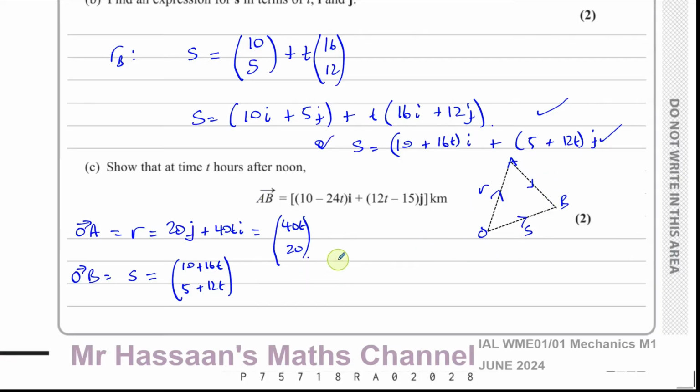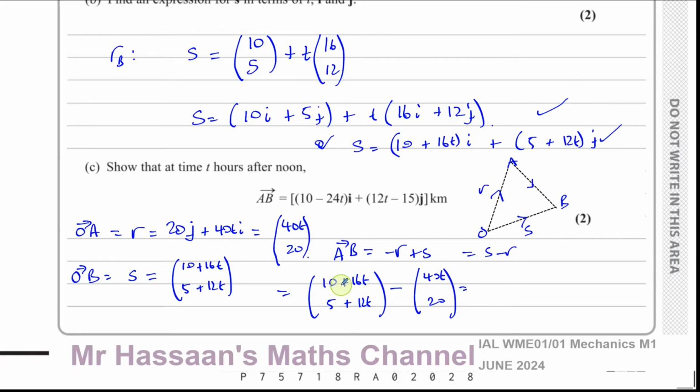What we can say is the vector from A to B, if you want to go from A to B, it's like minus R plus S. Going this way and then that way, which is the same as saying S minus R. So if we do S minus R, we have 10 plus 16t and 5 plus 12t minus 40t and 20. So that gives us 10, there's no non-t term, it's going to be 10, and